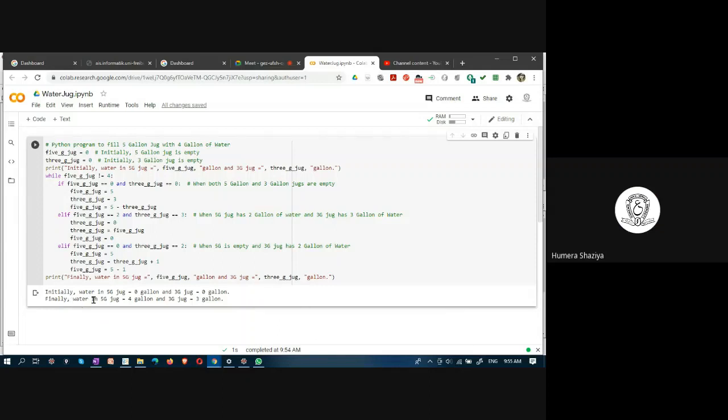So initially water in 5J, finally water. This is very, very specific. It is right. Very good, Harsha. You tried, and you try to expand it. It is only for 3 rules. Yes.